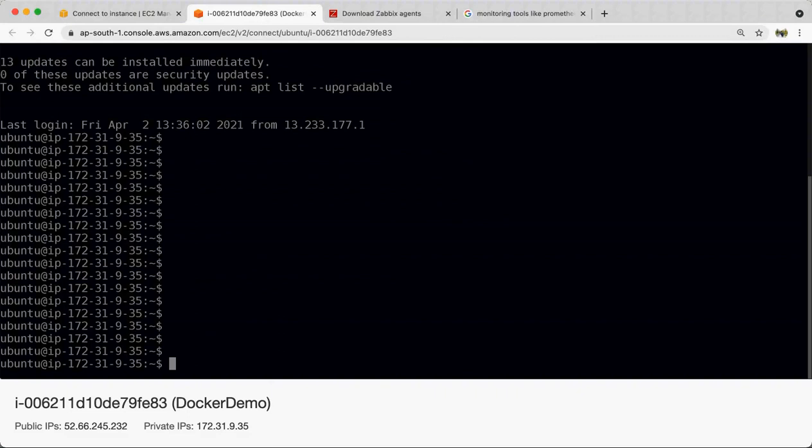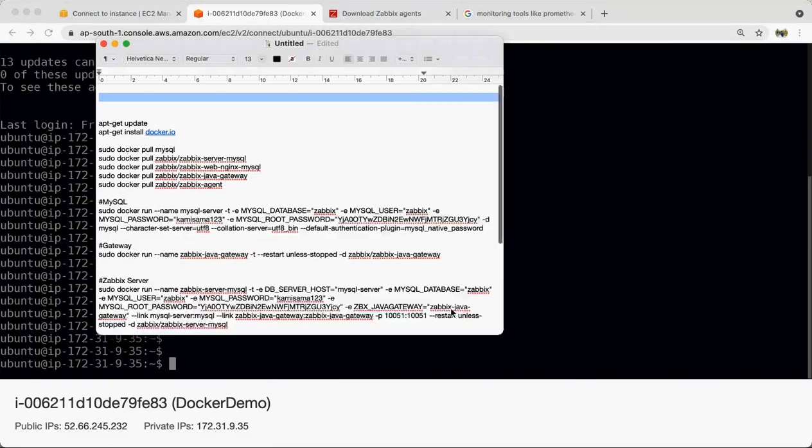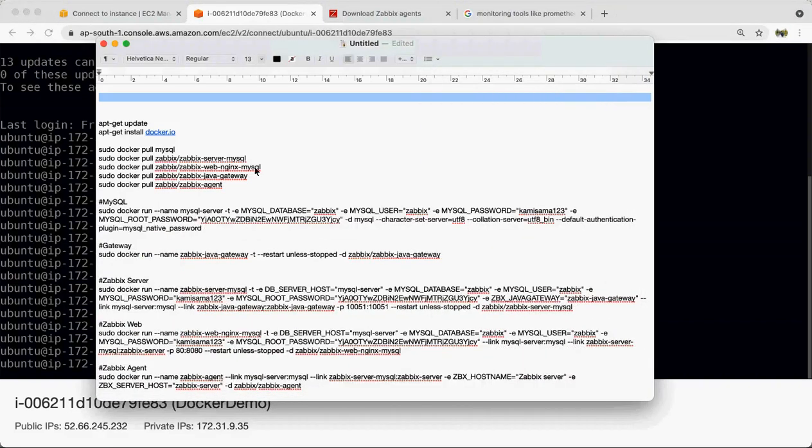Okay. So I have just noted down some of the steps, so it would be just easier for you to think. So basically, here we will just use the basic Docker images to run on this particular virtual machine, and we will also use the same virtual machine for the agent, but I will just explain how we can set up other agents on different machines, and we will also see how it works for a Kubernetes environment.